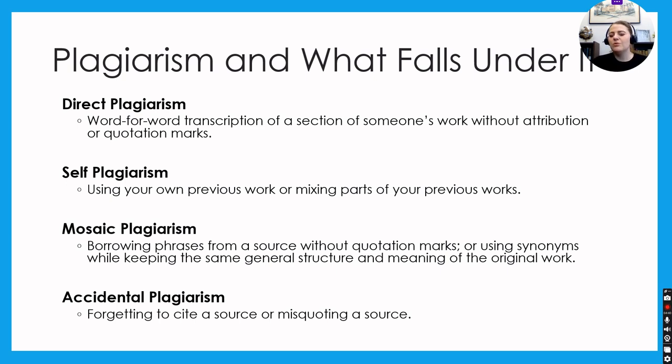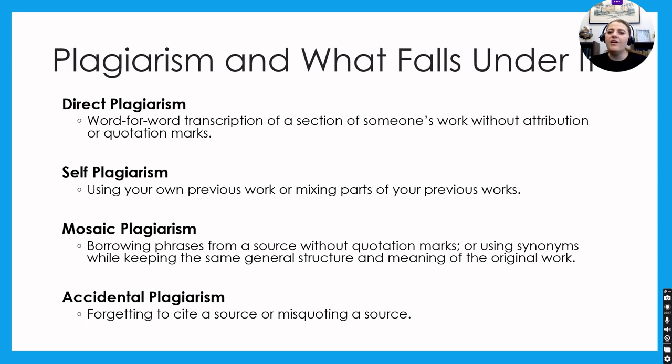So oftentimes this will be when we're summarizing or paraphrasing. So we're reading an article and then we're typing up our paper and we're changing just a word here or there, kind of changing things a little bit around, but really it's the same idea and the same structure. So the best way to avoid this style of plagiarism is to read your article or information, put it away, don't look at it, and then write the information or your argument that you would like to make off of that information. Again, always make sure you are citing those sources, and we'll talk about this more with the in-text